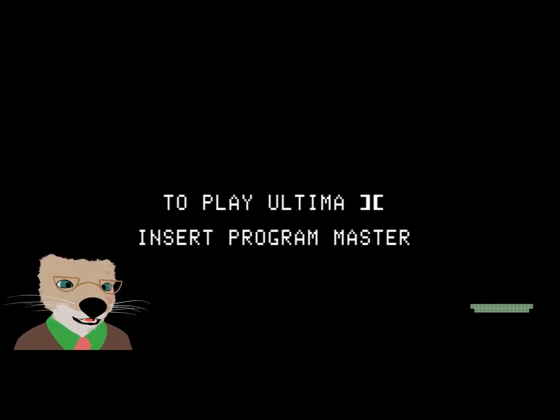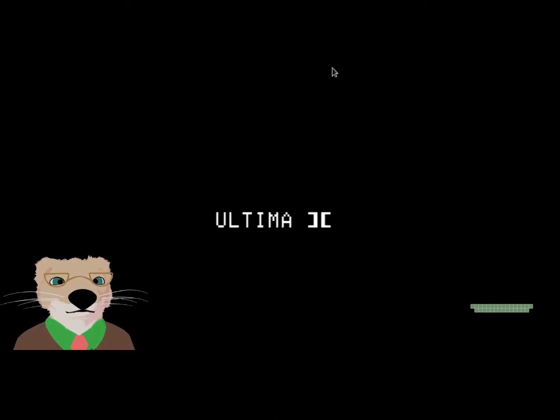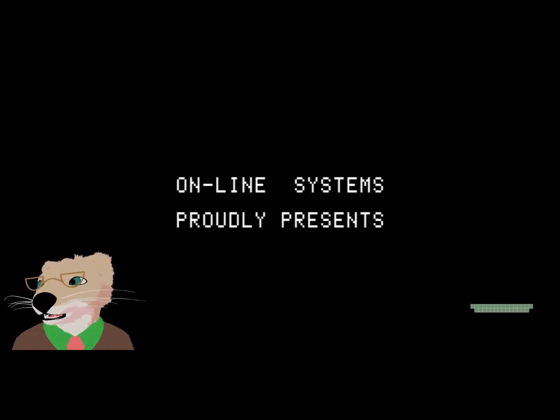To play Ultima II, insert program master. You know what? No, I am not going to open the manual. What I'm going to do is send Malo the manual. That's actually not a bad idea. And that way, if we need...